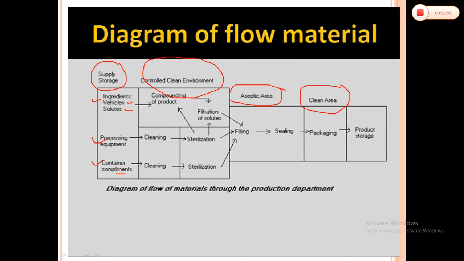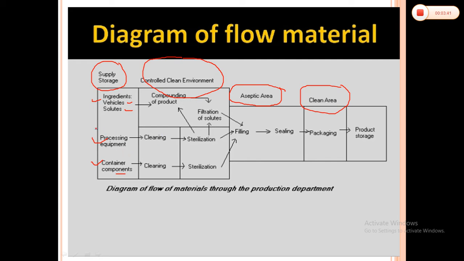Now, whenever these ingredients or materials are released for formulation, they are not directly utilized for preparation, because there may be some chances of contaminants still present on their secondary packaging or tertiary packaging. So they have to be sterilized before they are used. These ingredients are compounded according to the master formula, which is designed to maintain a high level of cleanliness. If the product is in solution form, it is filtered during the transfer to the aseptic room. That we'll discuss later on. But here, I just want to discuss one thing.